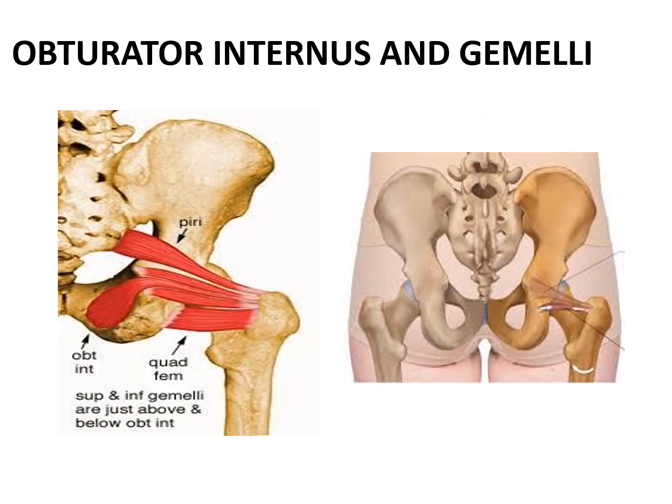Now we will discuss the attachment of obturator internus along with the gemelli. The muscle which you can see here is the obturator internus. This is the superior gemelli and this is the inferior gemelli. As you can see here, obturator internus arises from the obturator membrane. This muscle takes a sharp 90-degree bend at the lesser sciatic foramen, and along with its friends, it gains attachment to the trochanteric fossa of the femur. So that was about the obturator internus muscle.